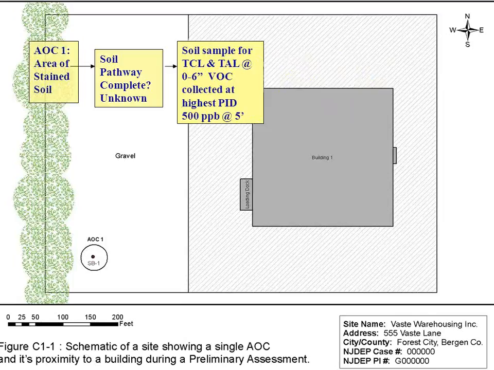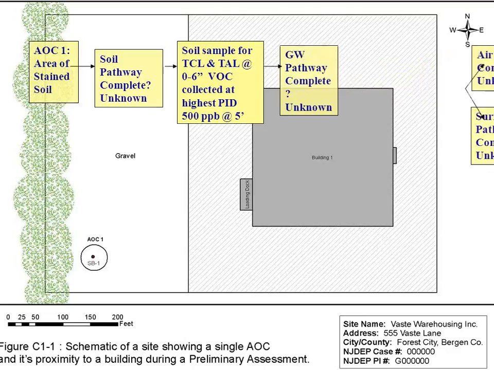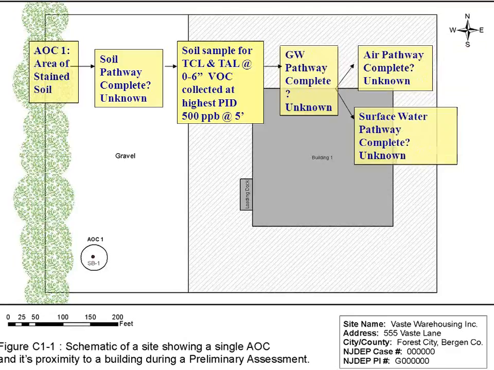We also have identified where we have collected our soil samples and the analysis associated with this soil, and why or where we've collected the soil samples. Based upon PIDs, we have a soil sample collected at 5 feet, and we also have a shallow sample collected at 0 to 6 inches. Right now, we do not have any groundwater data. As I said, we only submitted for soil. And based upon, we're looking at the pathways and just going through the pathway thought process, air and surface